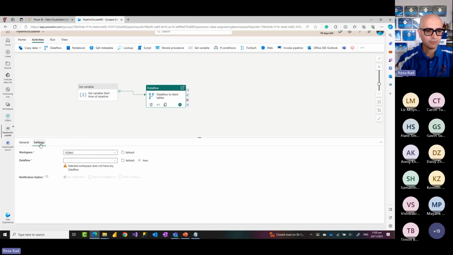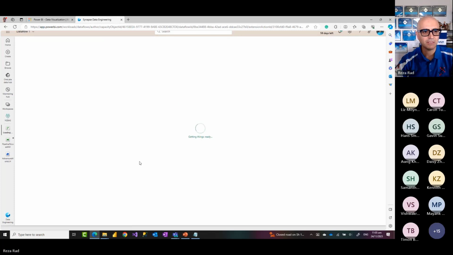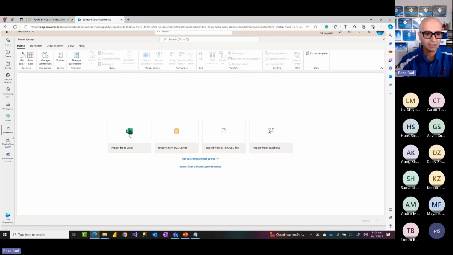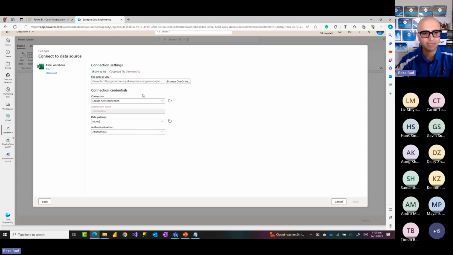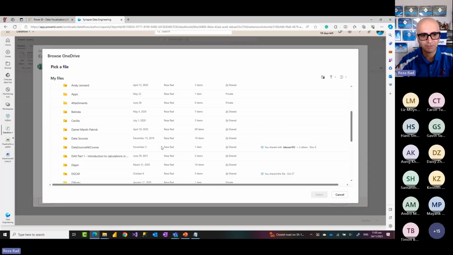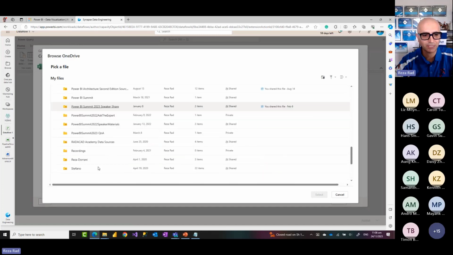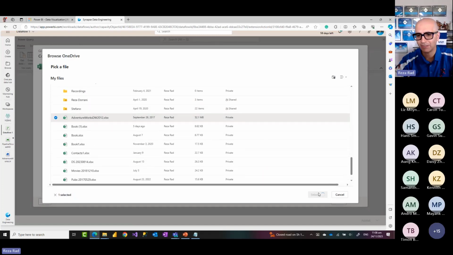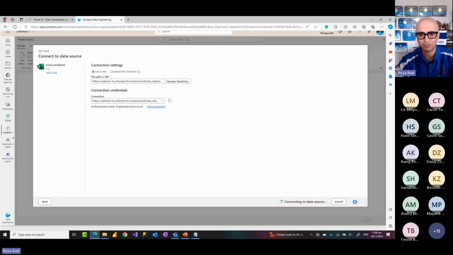In the setting of this, I would go ahead and create a data flow because I don't have the data flow yet. So I'm going to create that data flow. Then I'll be moved into data flow experience building of it. I could have done it the other way around as well, create the data flow first. And then I'll go and import data from Excel. Here, in my example, I'm getting data from my OneDrive for Business, but this data can come from any sources. Here we are talking about Power Query data transformation, which is having about 200 different data sources to get data from. So I'm getting data from that Excel